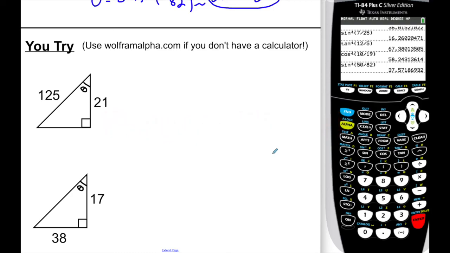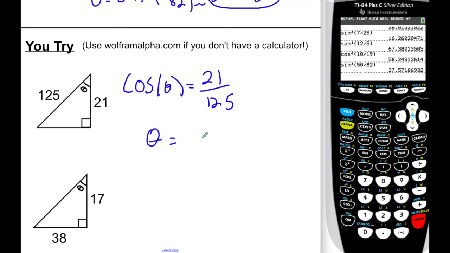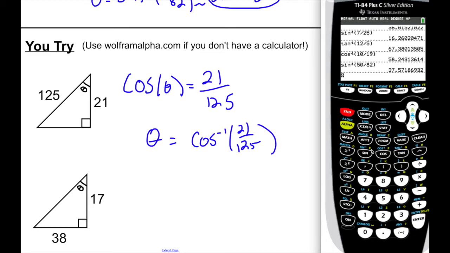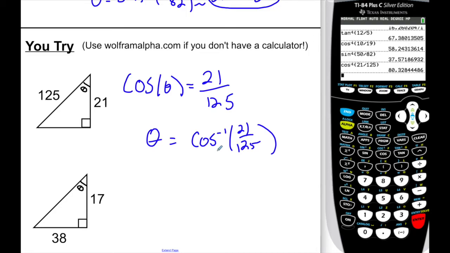All right, so here we go. So here, what I know, I have my angle, I have the adjacent, I have the hypotenuse. So I'm looking at the cosine of the angle being equal to 21 out of 125. So therefore the angle is equal to the inverse cosine of 21 out of 125. So let's do that. Inverse cosine, 21 out of 125 is equal to 80 degrees. So theta is approximately equal to